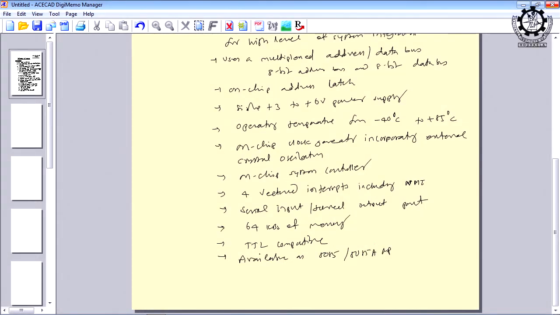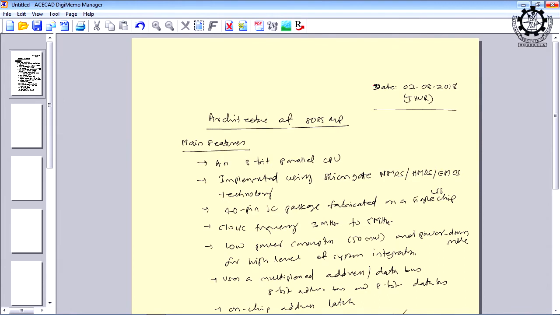So, last class we discussed how 3 steps are required to read data from the memory and how similar 3 steps are required for writing data into memory, right. And memory is divided into a number of locations, each location is divided into a number of cells, and each cell is capable of storing either 0 or 1. This is what we discussed last class.